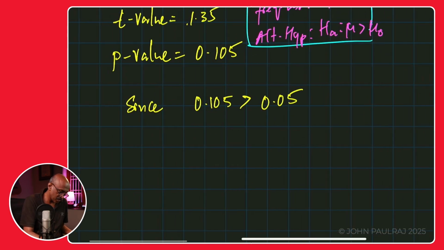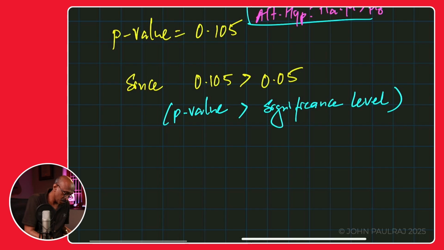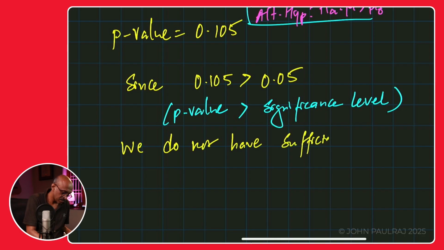Since the p value is greater than the significance level, this part is important. We do not have sufficient evidence to reject